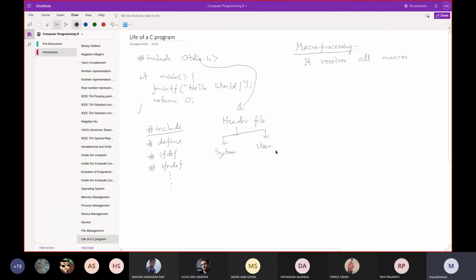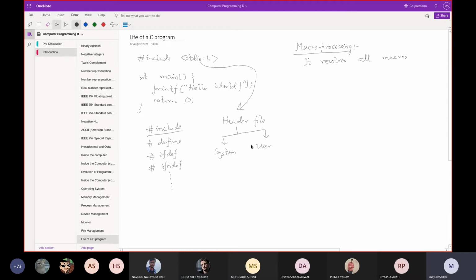Though many confuse it with a macro, typedef is resolved in the compilation phase, not the macro processing phase. Okay, but still I will check that myself and let you know. But as far as I know, typedef is not processed in the macro processing phase. Okay, sir. Thank you, sir. Welcome. So it resolves all macros.